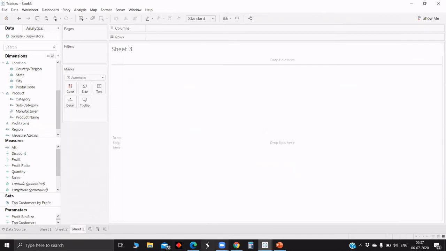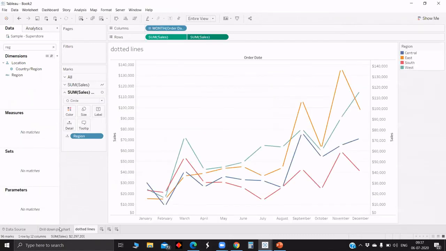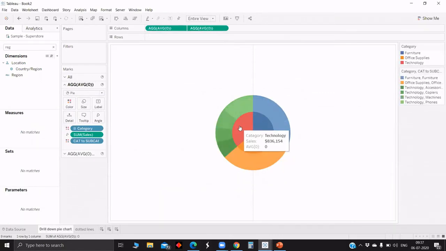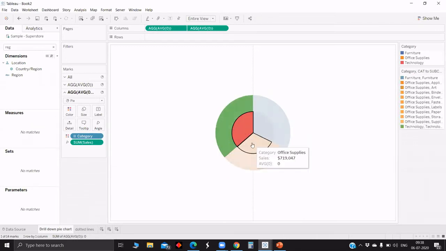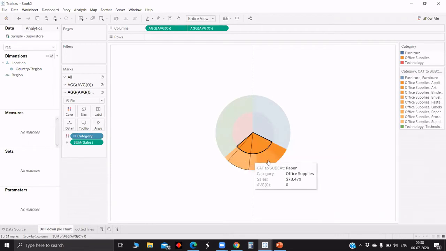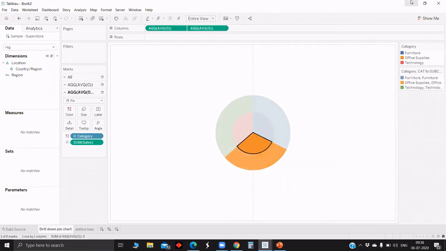Next we will go with the drill down pie chart. What it does is, once you click on a category, it will show the subcategories which fall under that category. We will achieve this by using sets and set actions. Just see how.